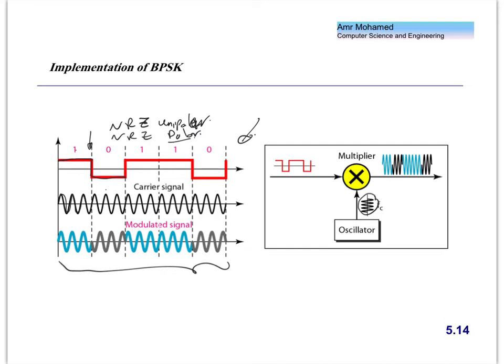In ASK, remember, the only difference was the input signal represents the 0 as 0. That's it. Right? So that's the only difference for on-off keying. For on-off keying, the input signal was to represent the 0 as 0 voltage, to represent sine wave with a frequency of 0 or with the amplitude of 0. Okay.